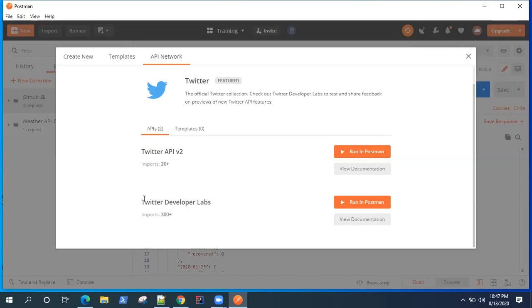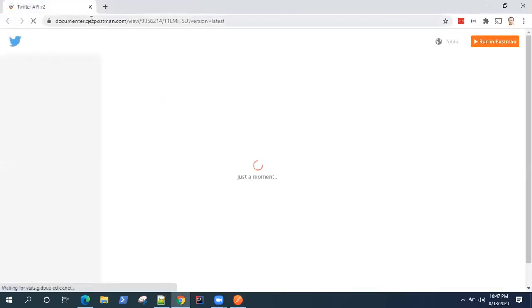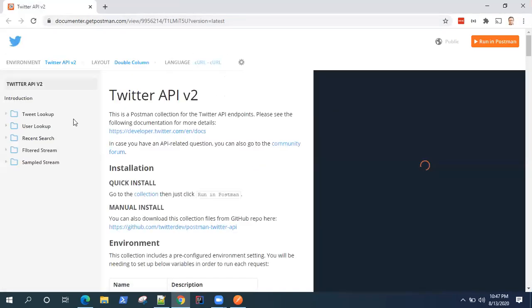Now they have provided this because you can use them to directly get started with Twitter. Instead of starting from scratch, you can use these templates as building blocks to develop your API on Twitter, right? So either you can view the documentation on the web provided by Postman, right?